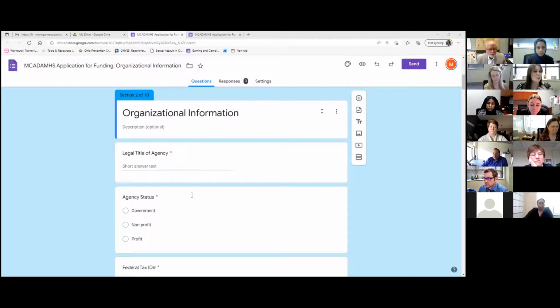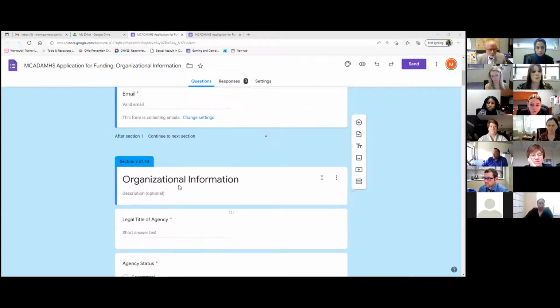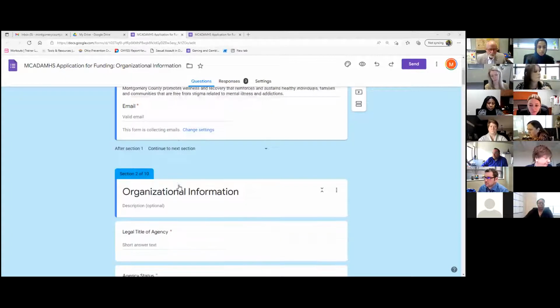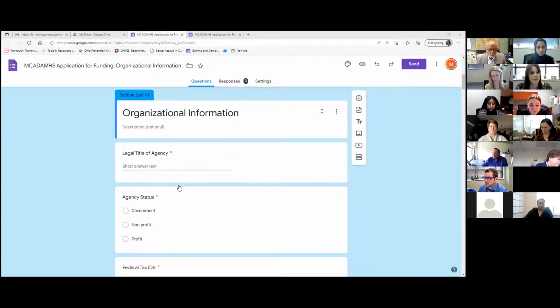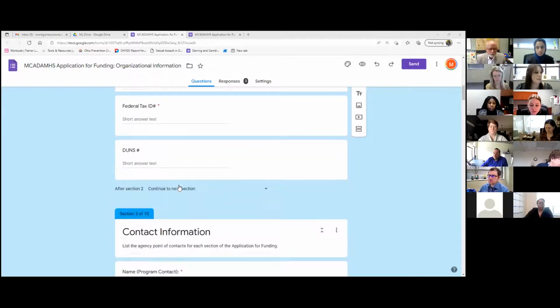You will see, for those of you that are not familiar with Google Docs, where you see this little red star, it means that it is a requirement. So you cannot move forward in the Google Doc unless you have all of the required pieces with the star filled out. So please make sure, and it'll tell you, it won't let you go. Please make sure that you have all of the starred pieces filled out.